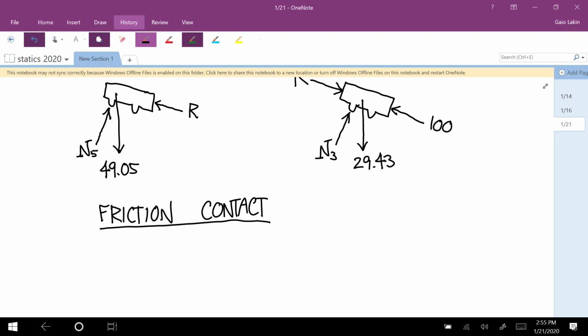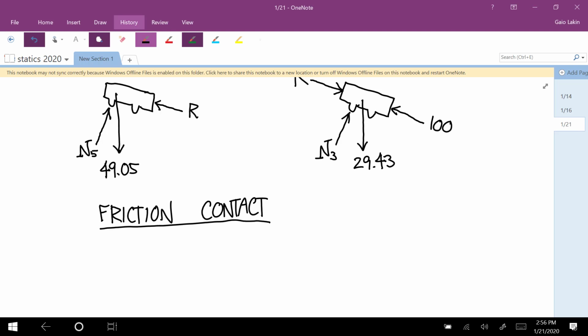We don't have to do that here. Since everything's in equilibrium, we can just calculate what the friction force has to be to keep it in equilibrium. So we're never going to really deal with coefficients of friction. Way later on we will for a couple of select things, but